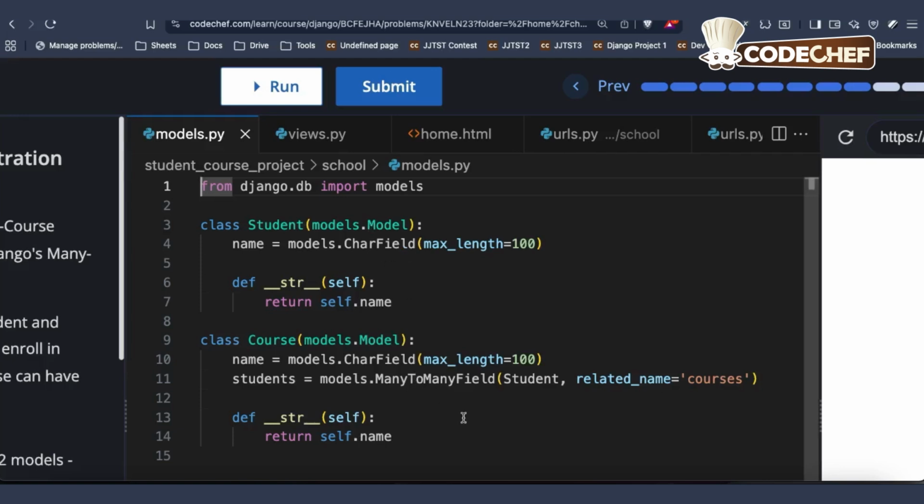So here we have established this many-to-many relationship. What this essentially means is that a student can be enrolled in multiple courses, and also a course can have multiple students. So we see the many-to-many relationship. Now let me show you the